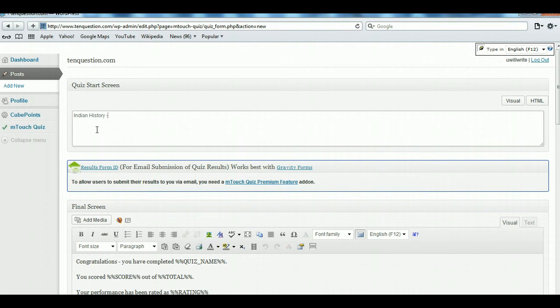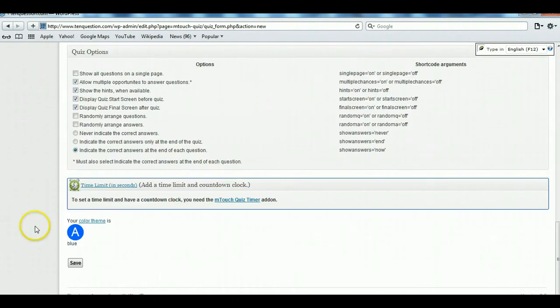So it is better you put your user ID alongside the subject of the quiz set. So I will be putting my user ID, and then you save it. The save button is just below that, so click save.